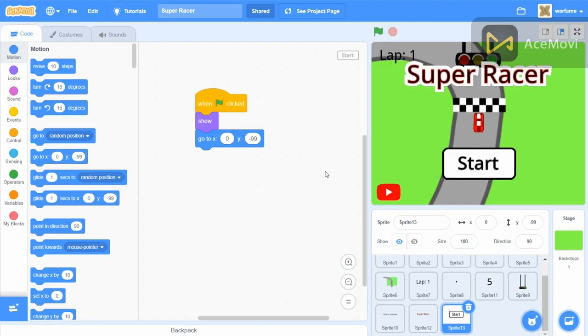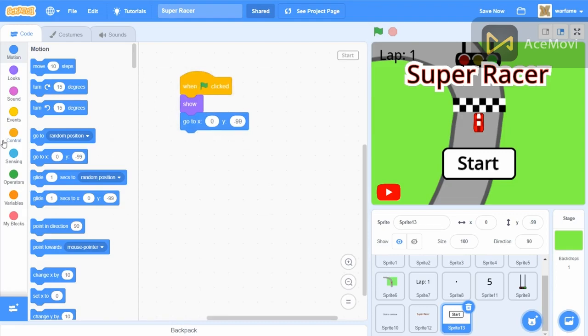So I'm planning on having the menu show the car and the racetrack like this, with the title and start button, and then hide everything else. But anyways, let's make the button actually work. So first of all, let's go to Control, and then drag